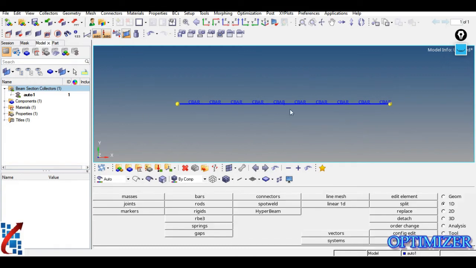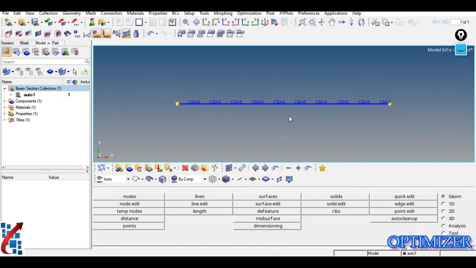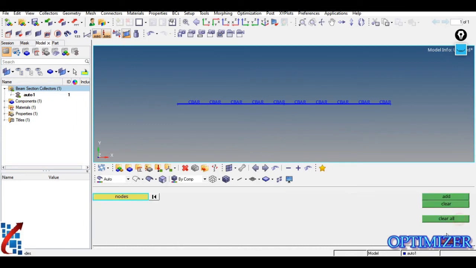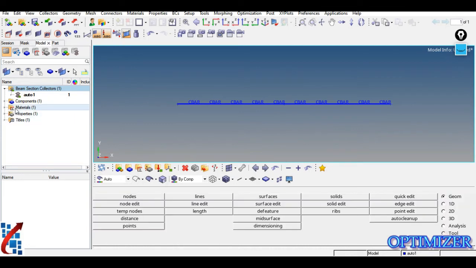Okay, so similar 10 elements are created, 1 2 3 4 5 6 7 8 9 10 elements, by the other method. The first method is with the help of nodes, and in the second method we created them with the help of line mesh. Again you can delete these temporary nodes, clear all. Okay, so again this is the MPC. Now the next step is load collector and load step.